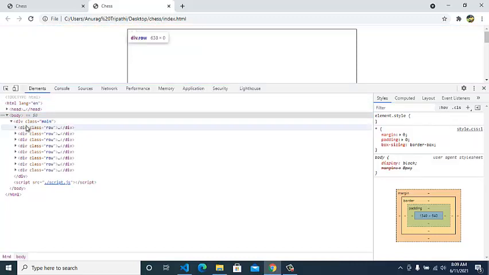Inside this, these divs are there, rows are there. So we have to tell our browser that whatever divs are there, keep them adjacent to each other, means in a row it should come.